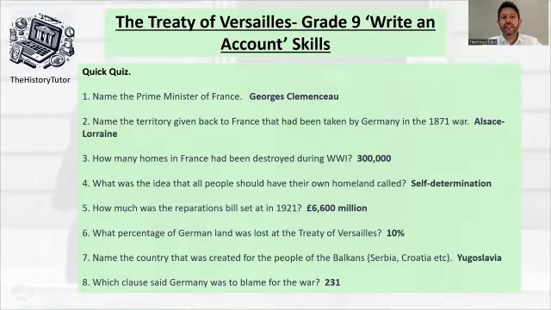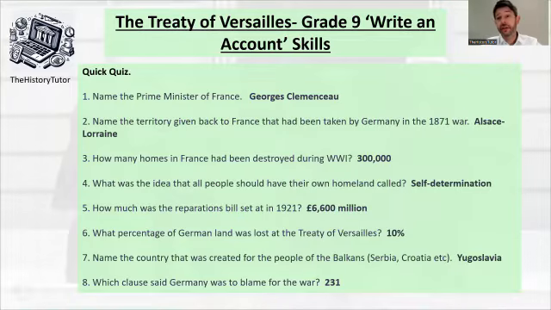Name the country that was created for the peoples of the Balkans. So Yugoslavia, that's the countries of what we call modern Serbia and Croatia, etc. Now, obviously, you might be thinking, well, is that self-determination, all these different countries merged into one? And that might be part of your interpretation to consider just how much was their self-determination. And then Germany was blamed for the war with Article 231, which of course meant it had to pay for the damages. So that's obviously a clause that they disliked quite a lot. So we've got an idea of testing you there about who the Big Three are, what they wanted, some of the different clauses of the treaty.